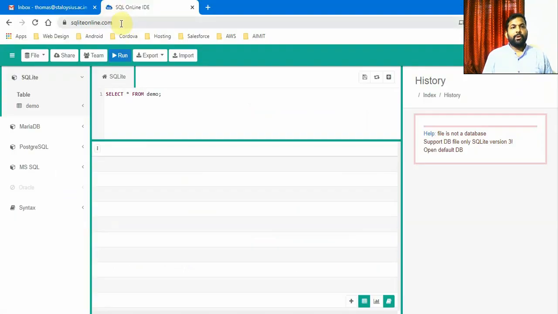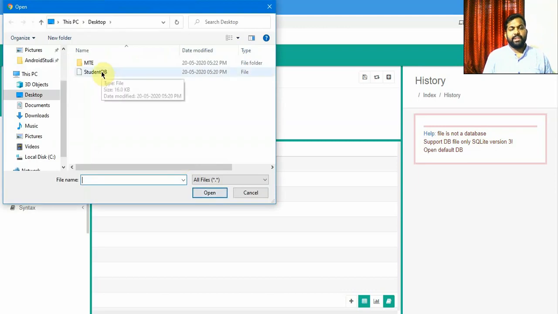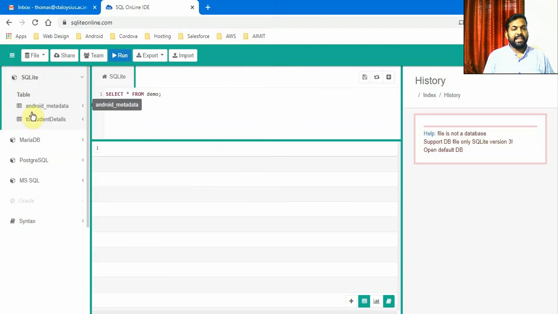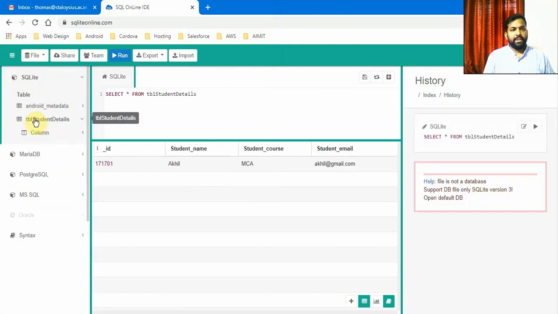This is SQLite Online. In this website, you can just go to File and say OpenDB, and you can choose the database which you just downloaded from your phone or your emulator. I downloaded it from my emulator. I'm going to click on this and say open. Once it is done, you can see the tables inside that database. This is the name of my table which I had given. Let me double click on it, and here select star from TBL student details returns. This is the data which I just inserted using my insert activity,